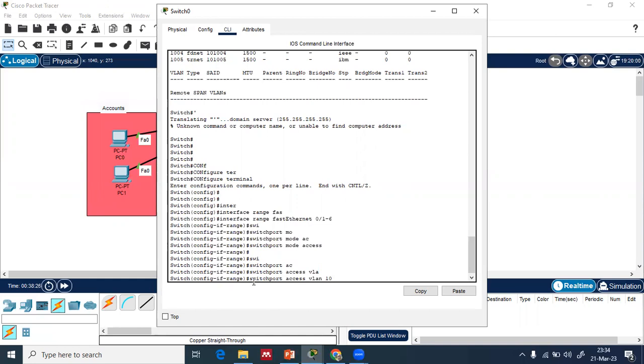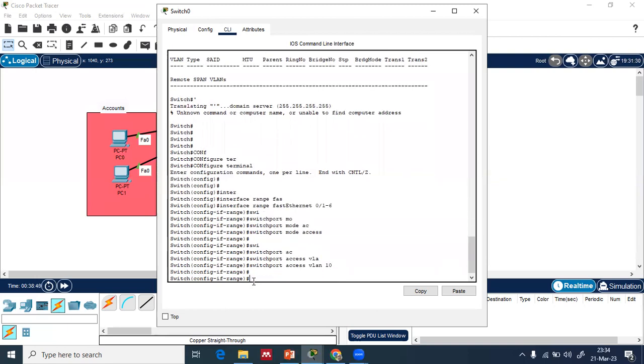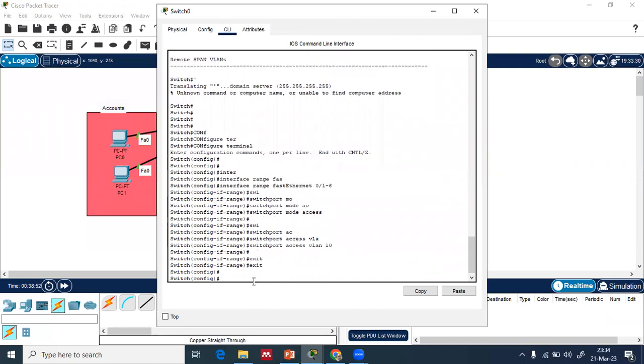All the ports on this switch from the first one to the sixth one should only be used in this department. This is the accounts office. No one from another department should share anything with these guys. Okay, so here I can exit. I exit once, then I say